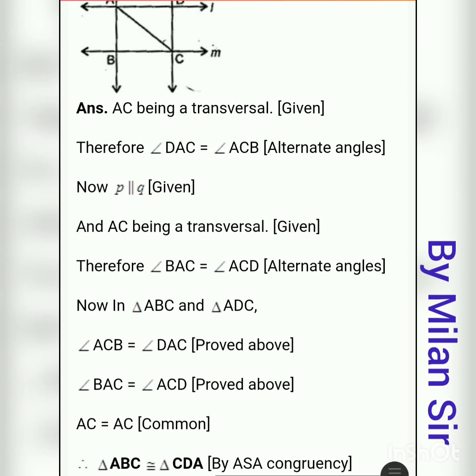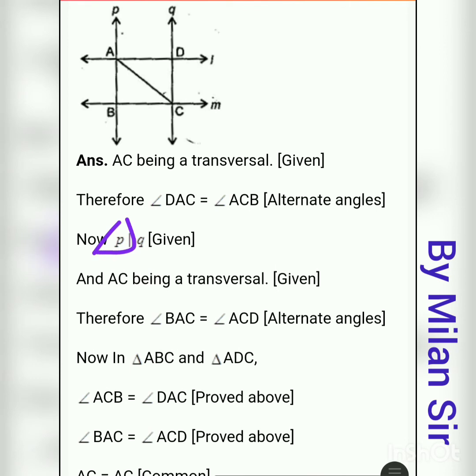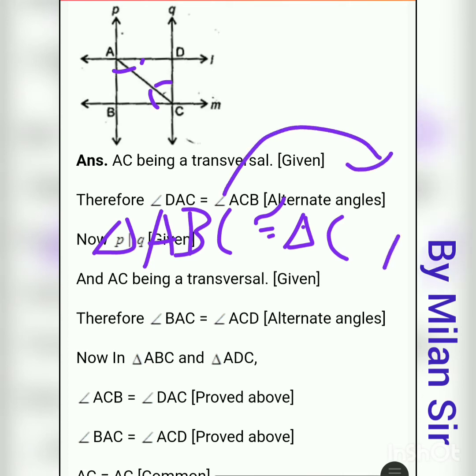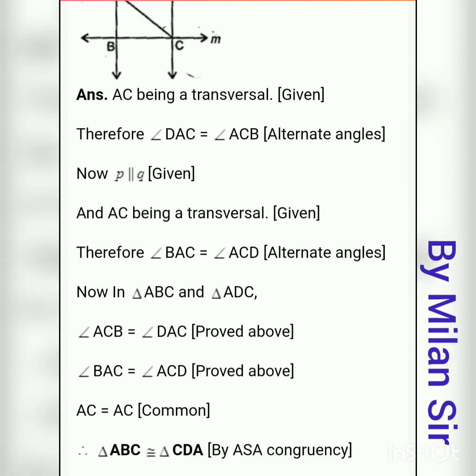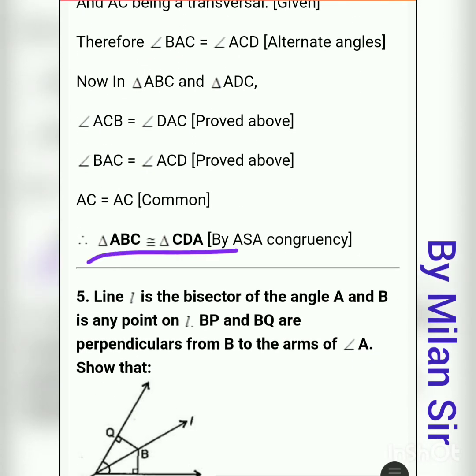First of all, we can write the triangle ABC randomly. Now we can arrange this. Angle A is equal with C, so first we need to write the angle C, right? And here angle C is equal with A, so C is at the last position, and at the last position we need to write A. And the third thing D, so CDA. So ABC is congruent to CDA by angle side angle congruency criteria.